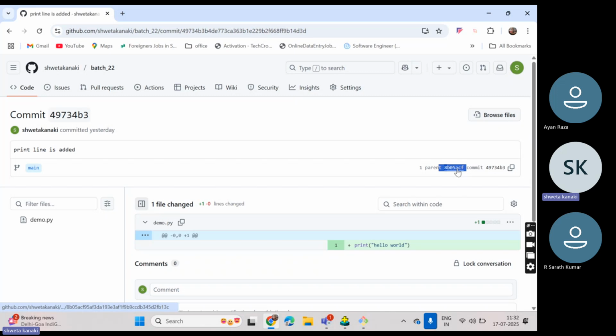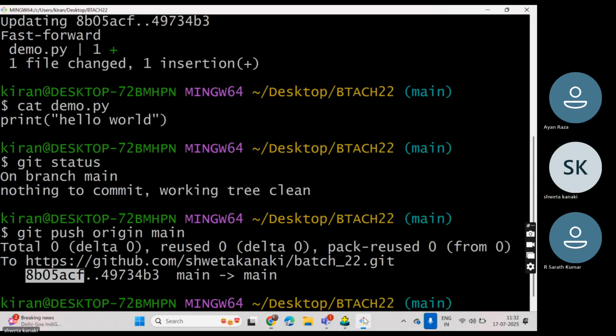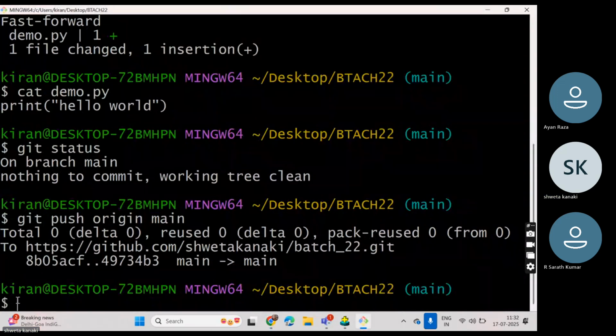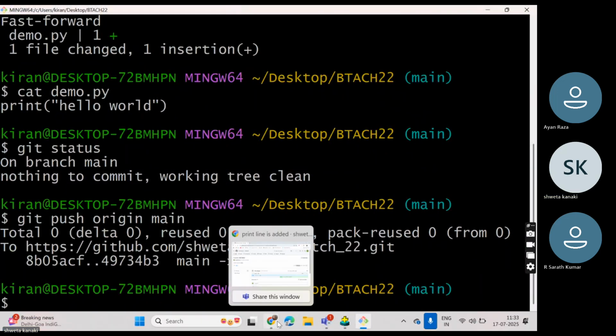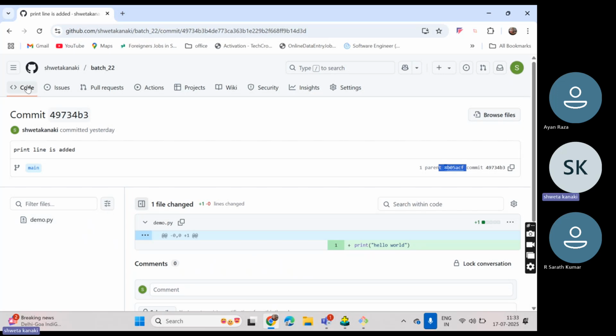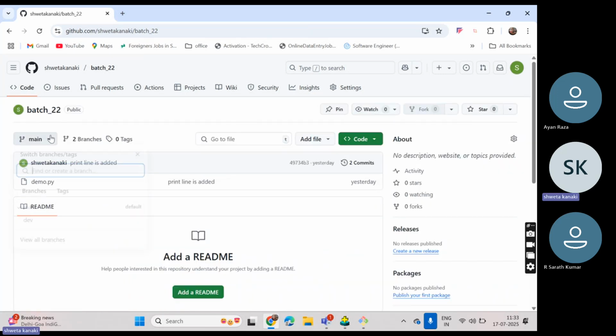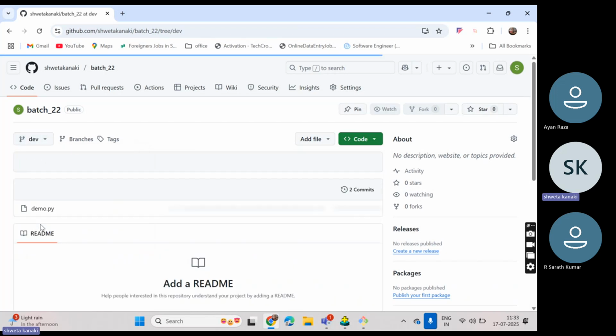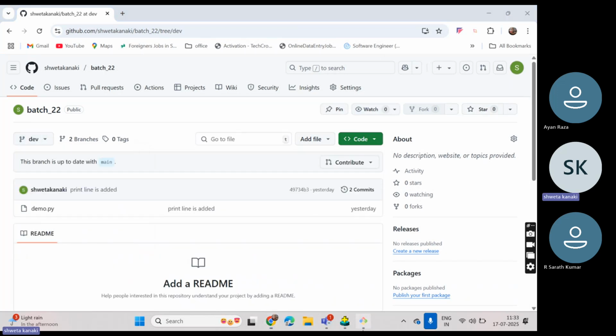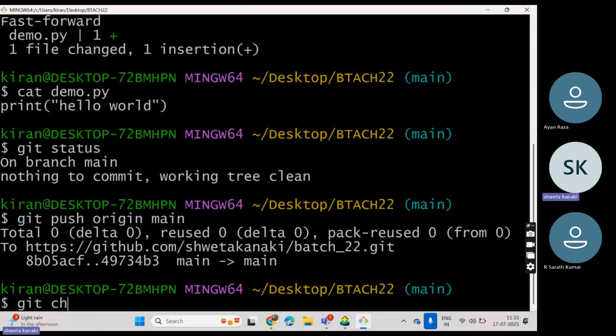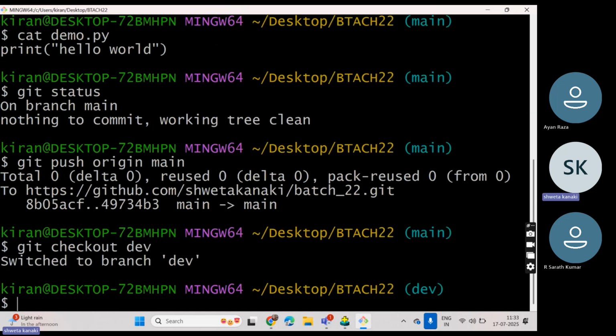Okay, got it now. So I hope you understood how to merge from Git Bash. Now, from GitHub, how to merge it. For example, let me make some changes in the dev branch. Or let me go from here itself: git checkout dev. Let me make a modification in this dev branch. Let me add one file, or make some changes in the